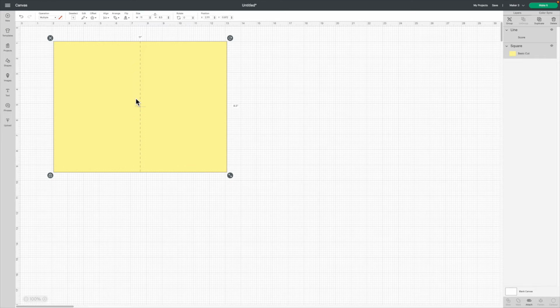There are many options here in the Align panel that will allow for more complex alignment jobs, but that's all we will need today, since our score line and our rectangle are now set up for a crease down the center of our card. At the moment, Cricut still recognizes these two objects as separate, allowing independent movement of each.